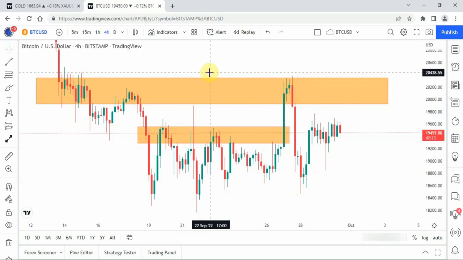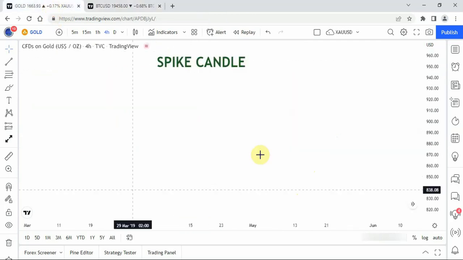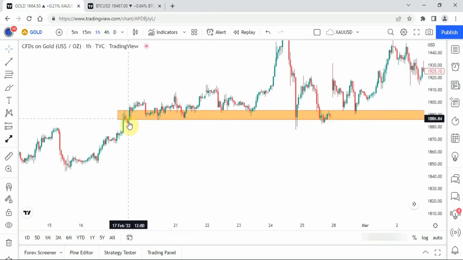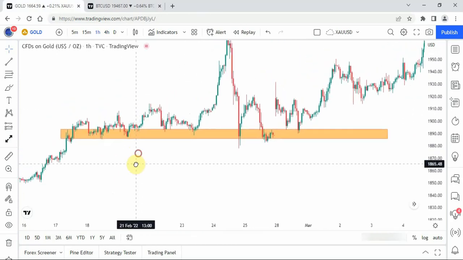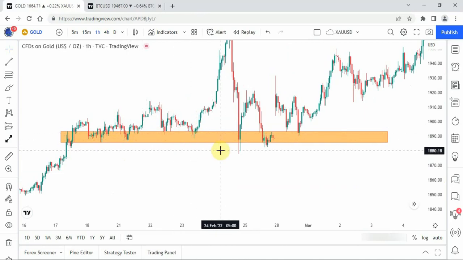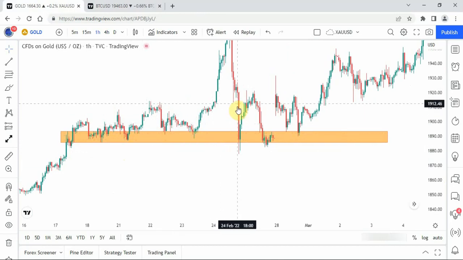Sometimes the previous supply-demand zones are far away and it takes time to find. In that case, switch to higher time frame, then easily you can find the main supply-demand zone. Let me show you another example. This is chart of gold at time frame 1 hour. Near this zone, which I have determined, there is a strong demand that when price through this spike tries to